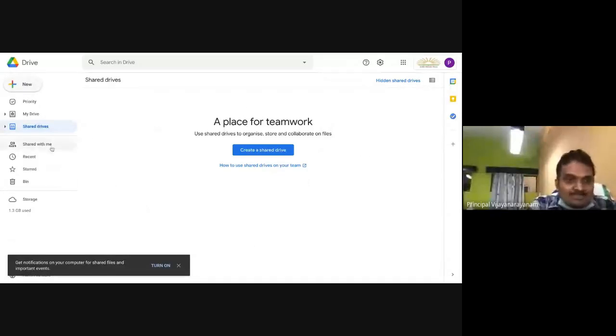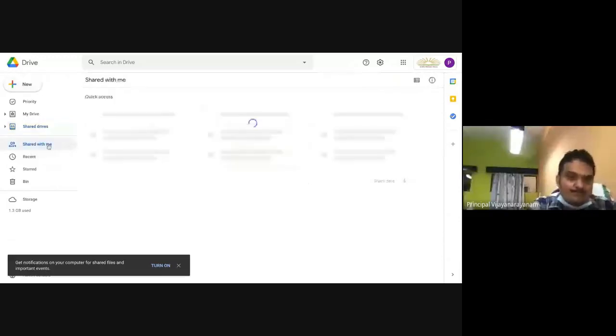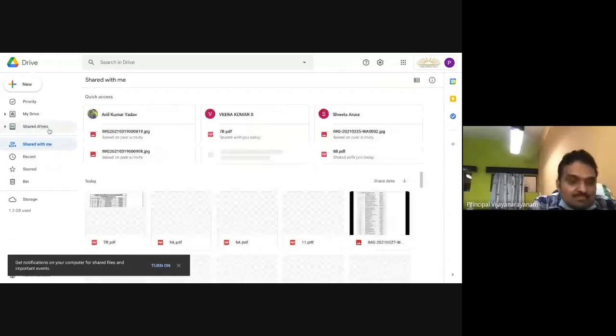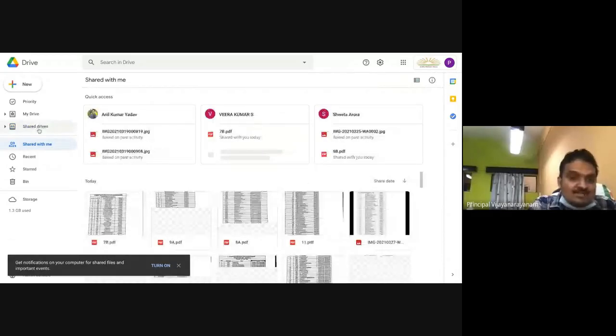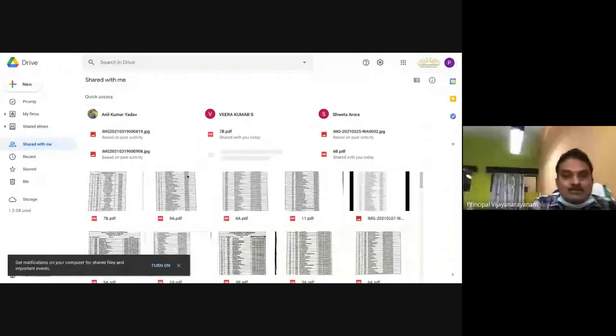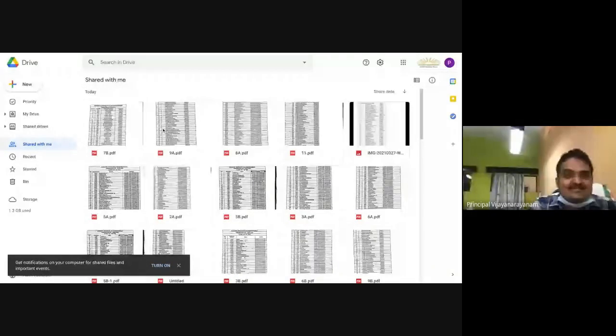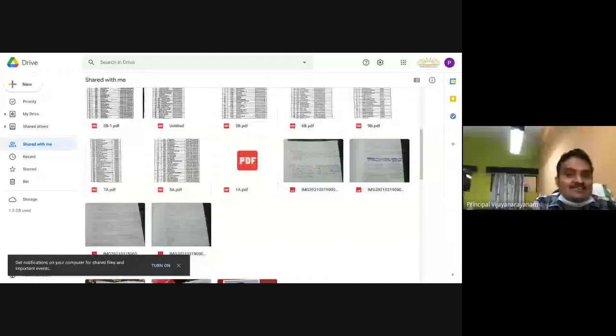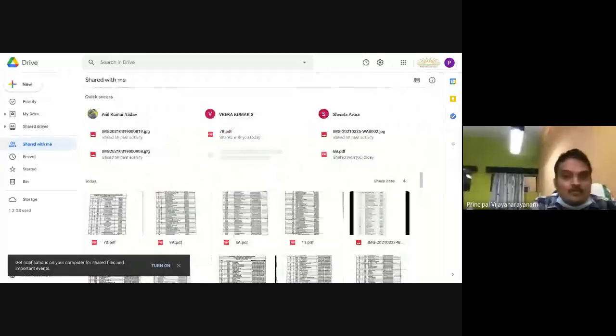One more area is there, shared with me. This is shared across the organization. You may have shared it with a different school, your drive and other things. This will be available in this area. If anybody has shared with you also, this is the area where you will find those things. If you are removing all access rights, then this will be blank. If the access rights are still there, you will have these values available here. You can remove them.